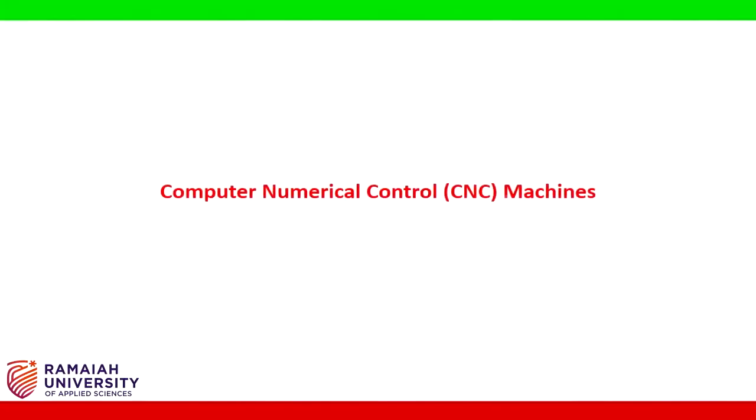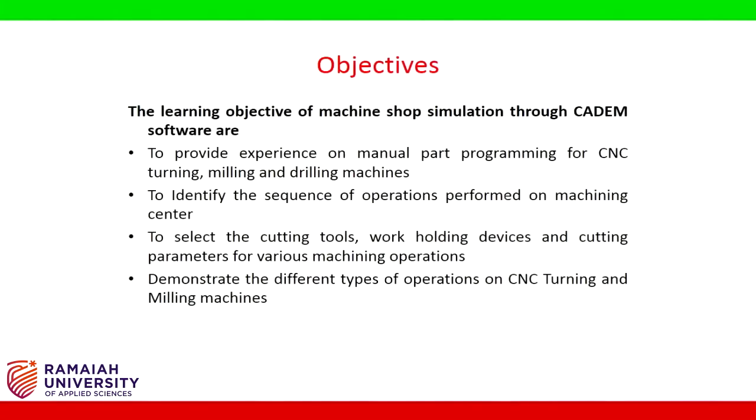Hello students, in this video we will be discussing the manual part program method for computer numerical control CNC machines. The learning objectives of machine shop simulation through CADEM software are to provide experience on manual part programming for CNC turning, milling and drilling machines, to identify the sequence of operations performed on a machining center, to select the cutting tools, work holding devices and cutting parameters for various machining operations, and to demonstrate the different types of operations on CNC turning and